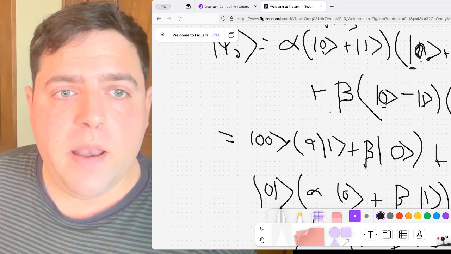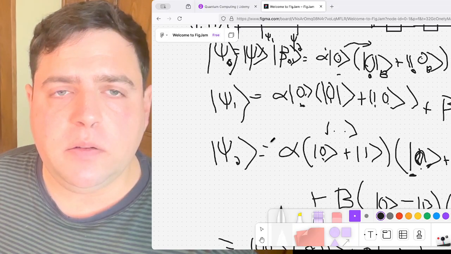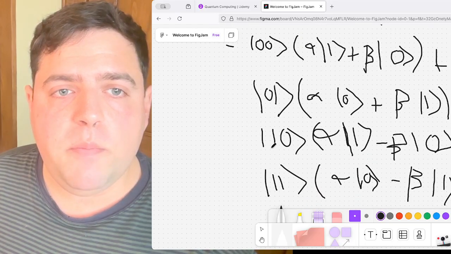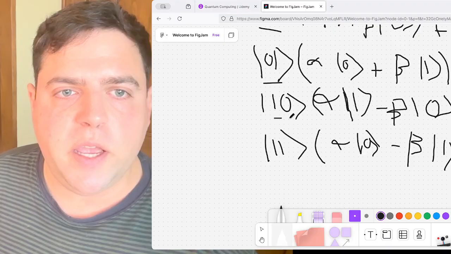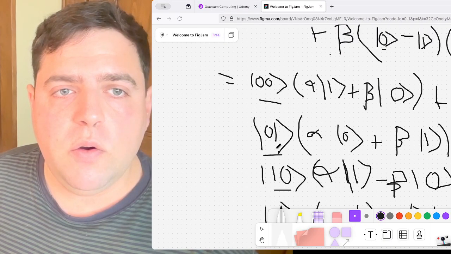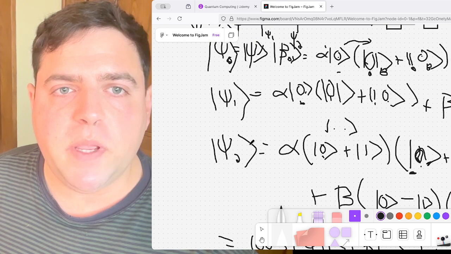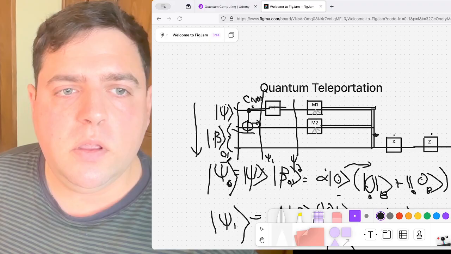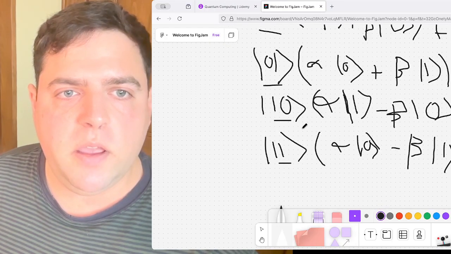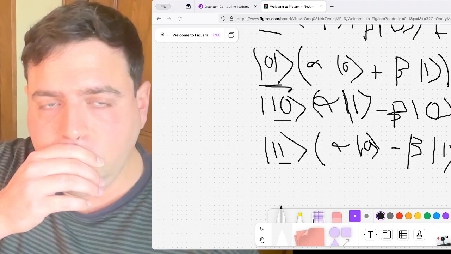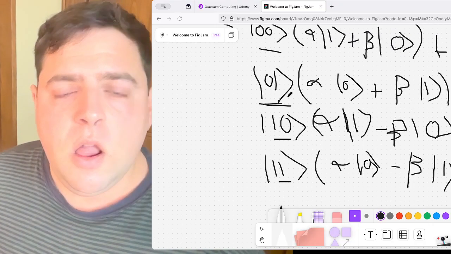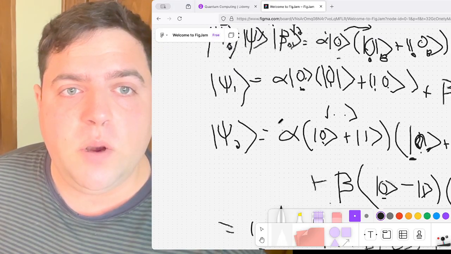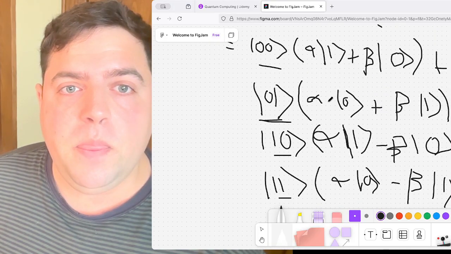Now, Alice is going to perform a measurement. And her measurement is going to determine which classical bits she sends, right? So let's say she does a measurement and she gets, which beta were we using? 0 1. All right, so the Bell state we were using was 0 1. If we get lucky and we roll a 0 1 here in the quantum measurement dice, that means that